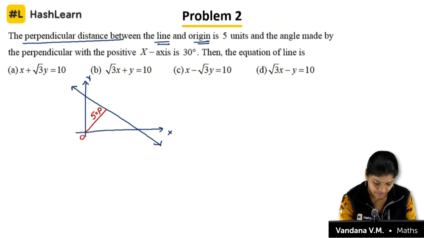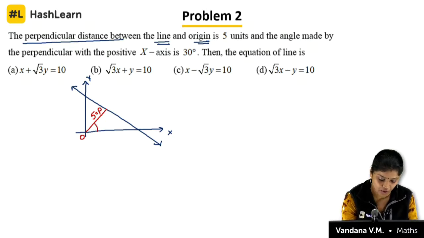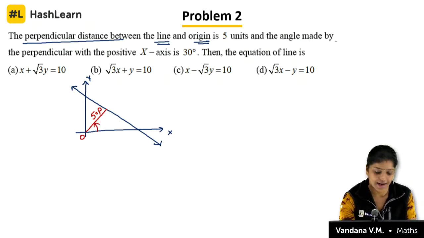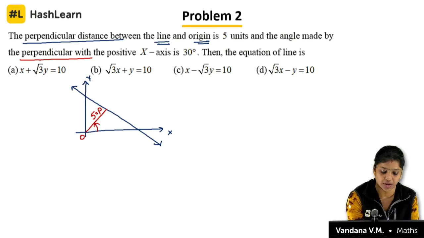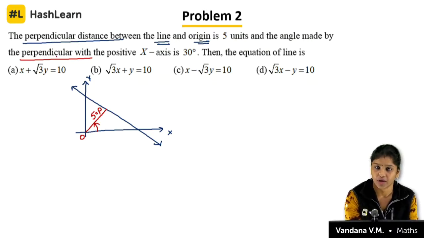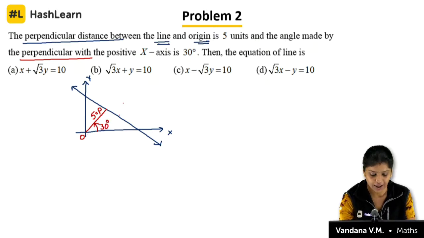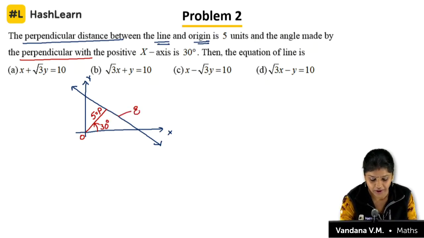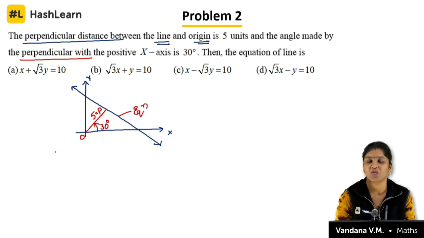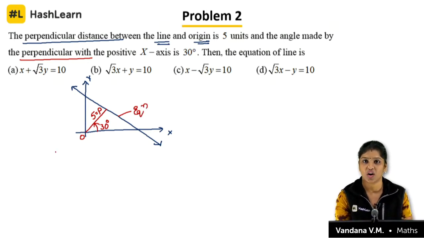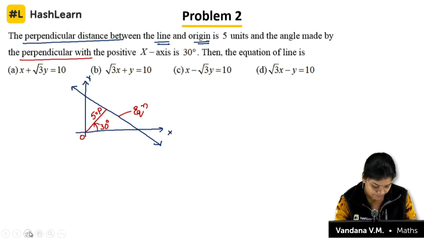This is the origin. Now one more thing: they give all the information about the normal, and the angle made by the perpendicular. They are saying the perpendicular line makes 30 degrees with the x-axis. At that time they want the equation. We know, right, what this is? Yes, it is the normal form of a straight line. So the equation is,